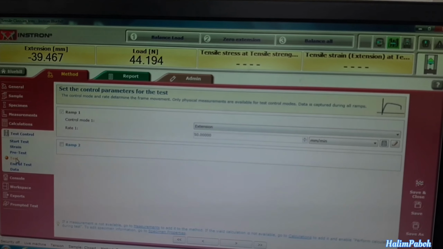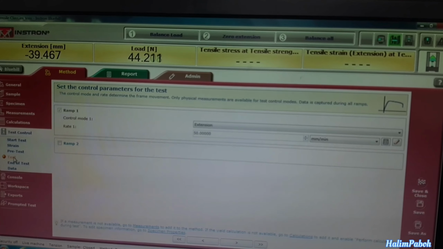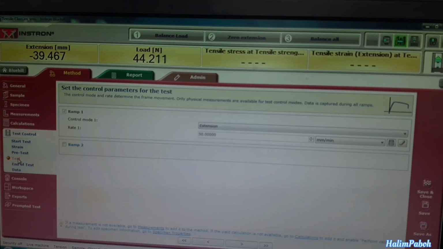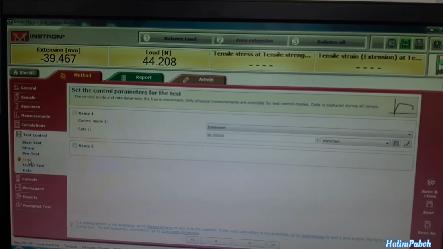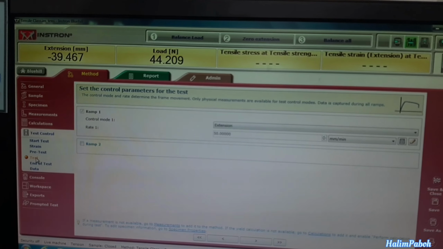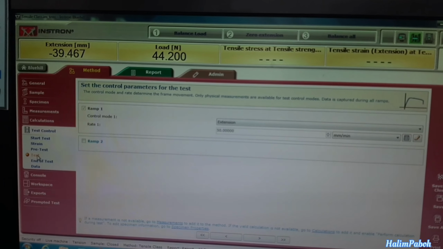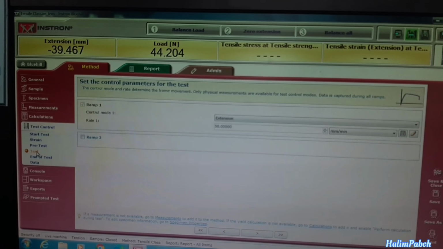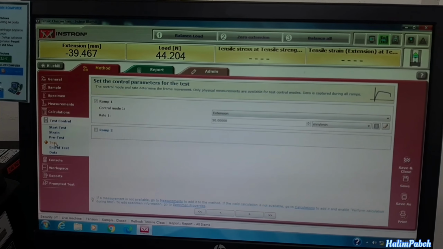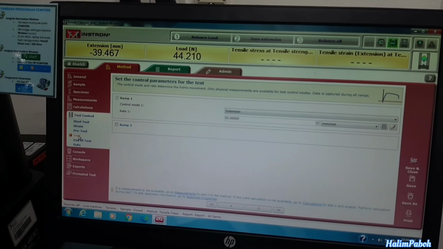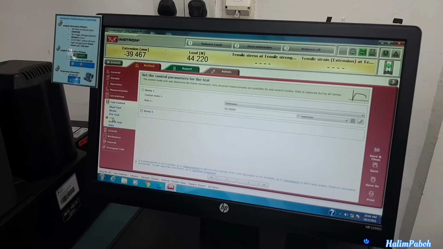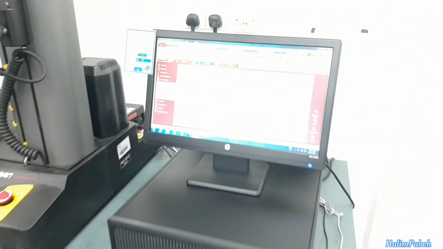Rate 1 represents how big the change in length is. Normally for soft material, we use a very small rate. The rule is we don't want our testing to be too quick or too slow, because if it is too quick, the data might not be enough to represent the stress-strain plot.